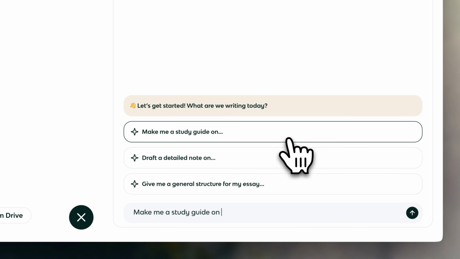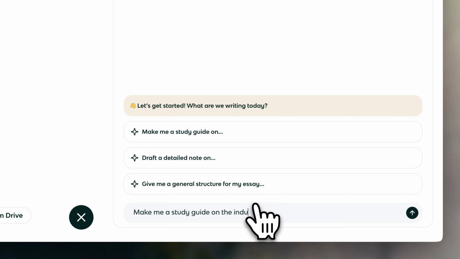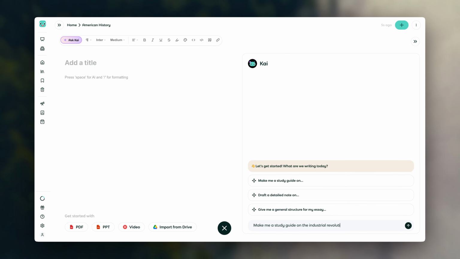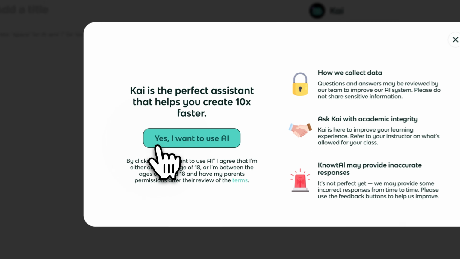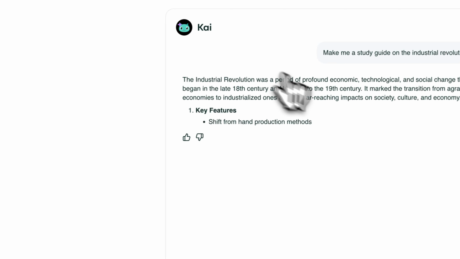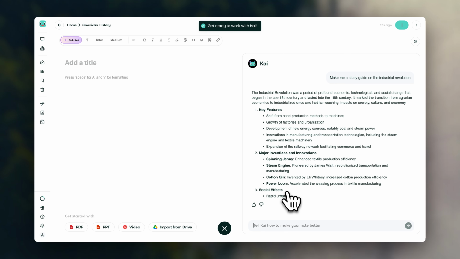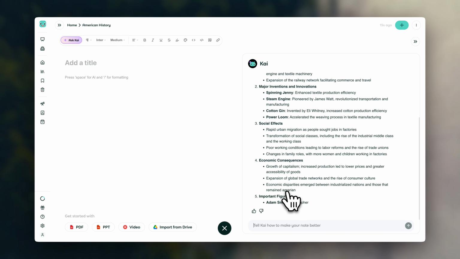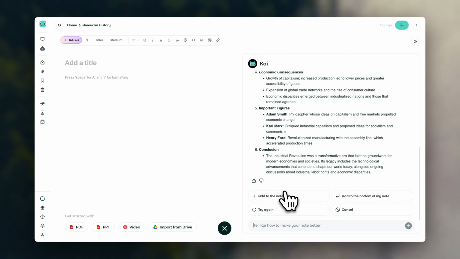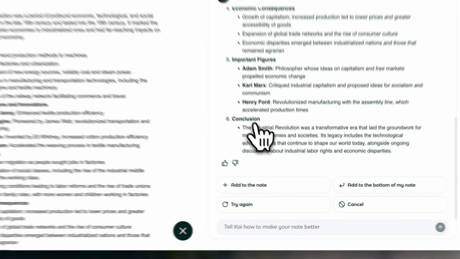So let's say I wanted to make a study guide on the Industrial Revolution. I can do that as well. So yes, I want to use AI, and then it's going to write out an entire study guide for me on the Industrial Revolution. And whenever I'm ready, I can click add to the note. I can ask it to make more revisions as well, but I'll go ahead and add this to the note